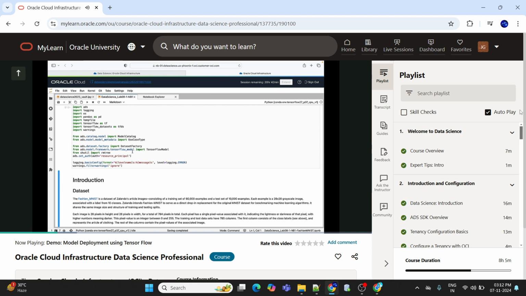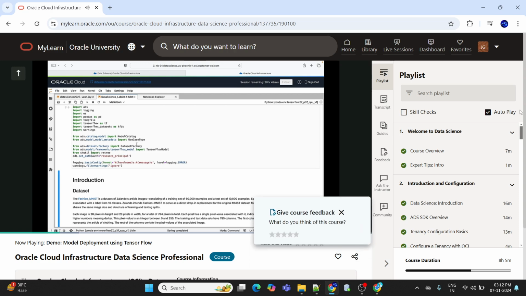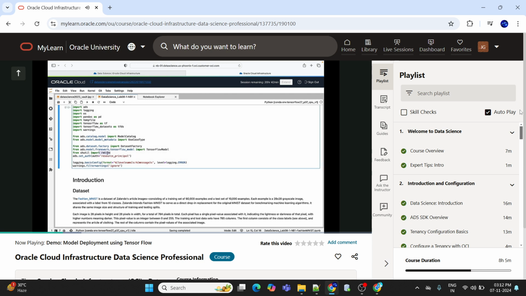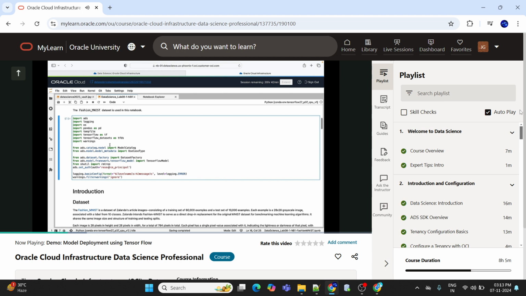Use case type is used to specify the type of machine learning use case being used. Dataset factory is used to create and manage datasets. TensorFlow model is used to create and manage TensorFlow based models. rmtree here is used to delete directories and their contents. Finally, this code sets up authentication using the Oracle Data Science Service. The choice of authentication method is resource principal here. So overall, this cell block sets up the necessary libraries and authentication to interact with the Oracle Data Science Service